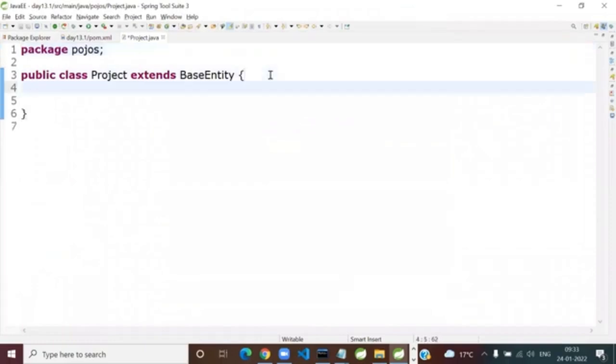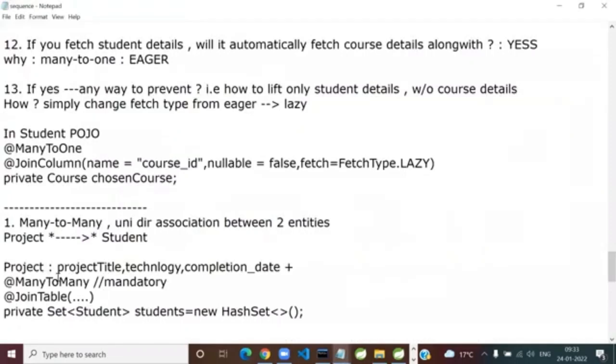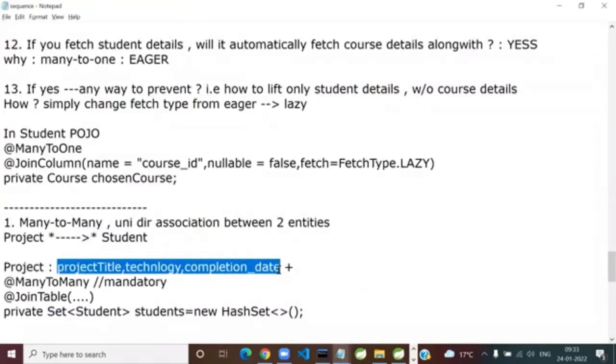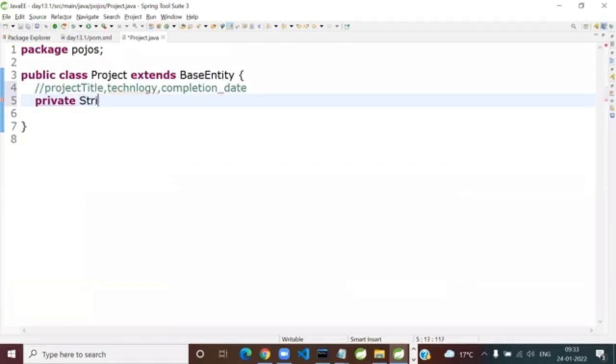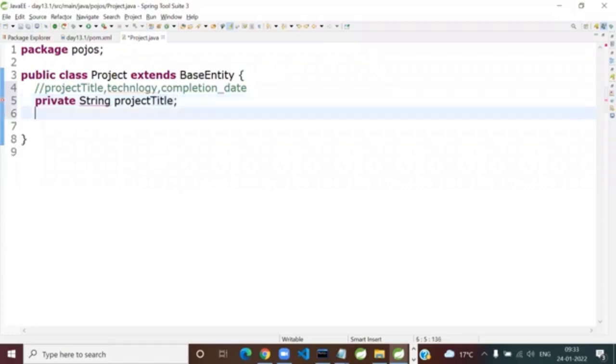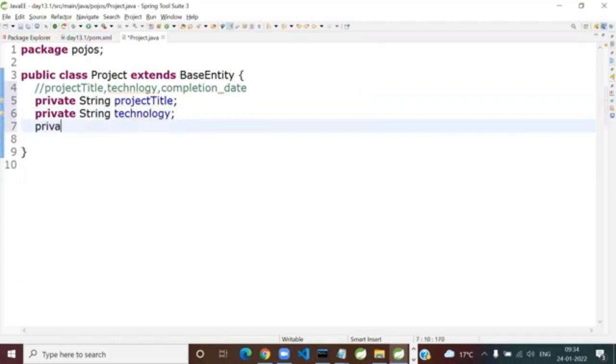So now let's take the properties. So I want this. Start this. And the date.